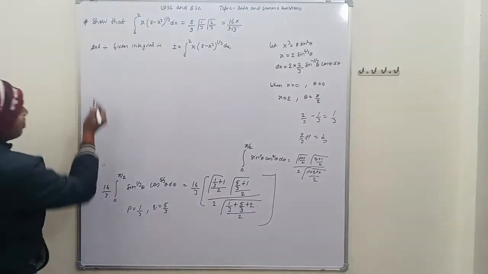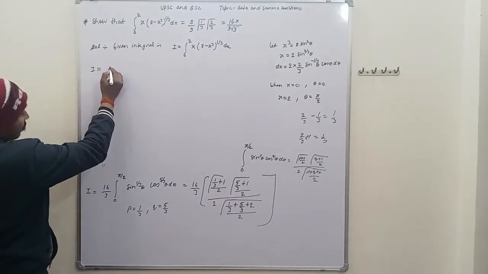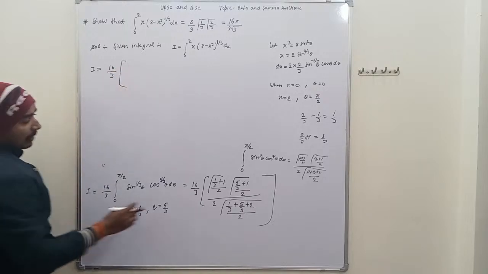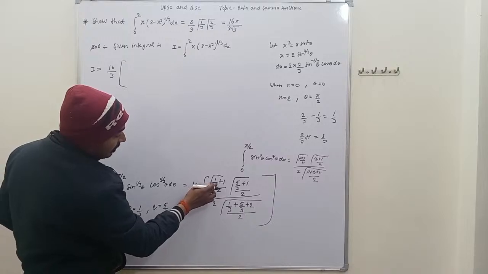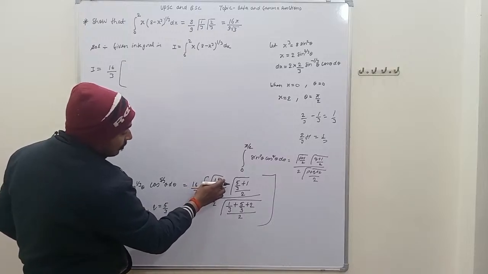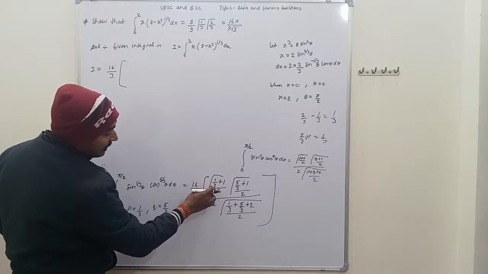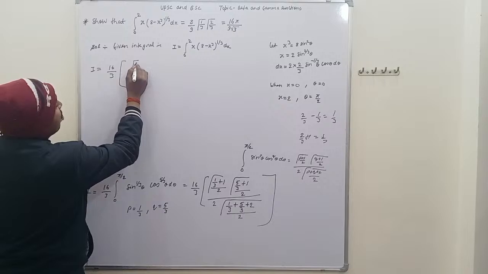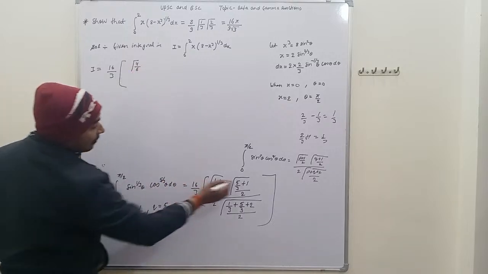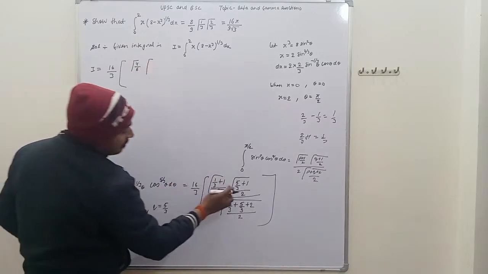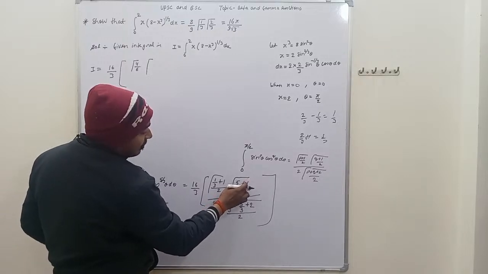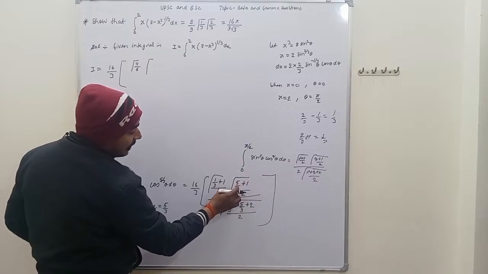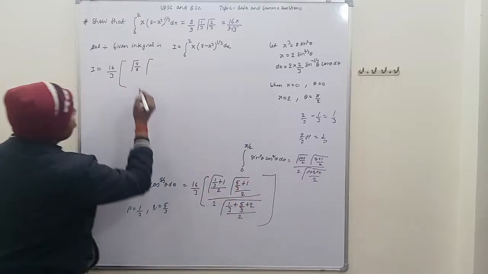Further we have to solve it. This is integral I is equal to 16 upon 3, and this is given by, when we have to solve here taking LCM, 3 1 is 3 and 3 plus 1 is 4, that is 4 by 3, and 4 by 3 upon 2 is gamma 4 upon 6, and from here taking LCM, 3 plus 5 is 8 upon 3 upon 2, this is 8 upon 6